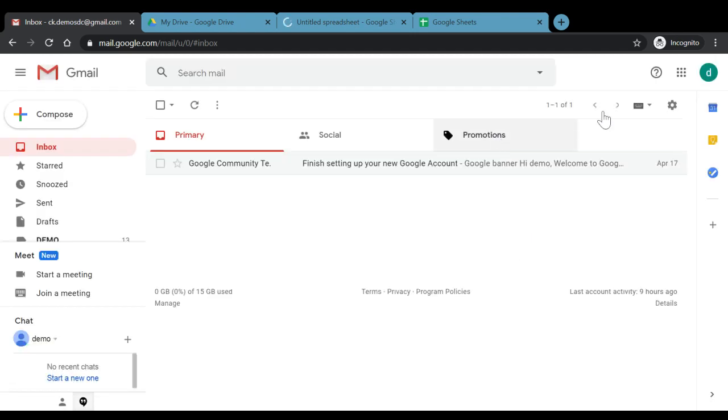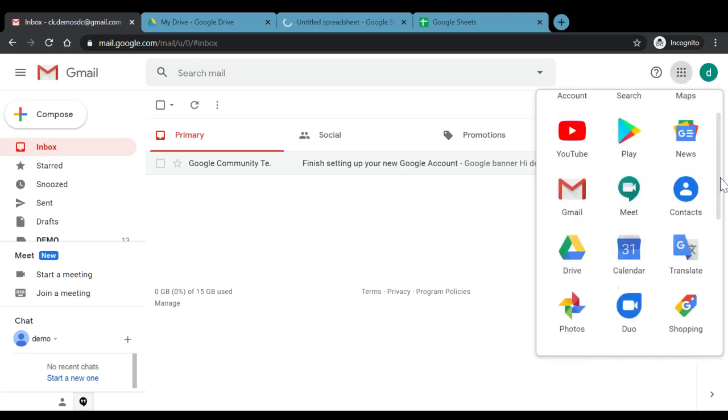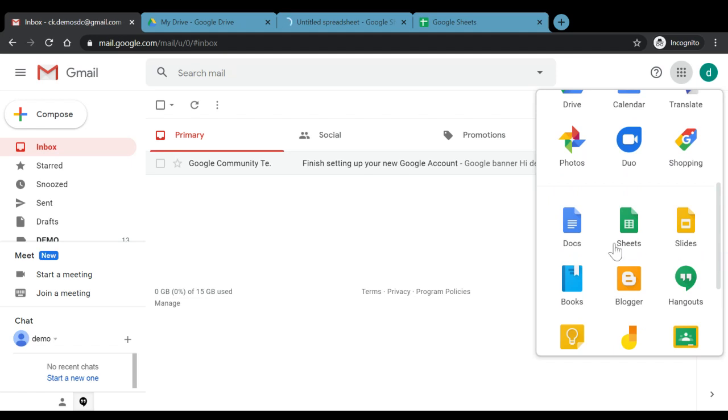The third method of opening a Google Sheet is, if I take you back to the Gmail ID, on the top right-hand side we have the Google Apps button. We can click here, and if we scroll down a little, we will have the option of Google Sheets. We can click here, and again we'll be redirected to the very same page which we had just seen. So let us start demonstrating how we can work on Google Sheets.